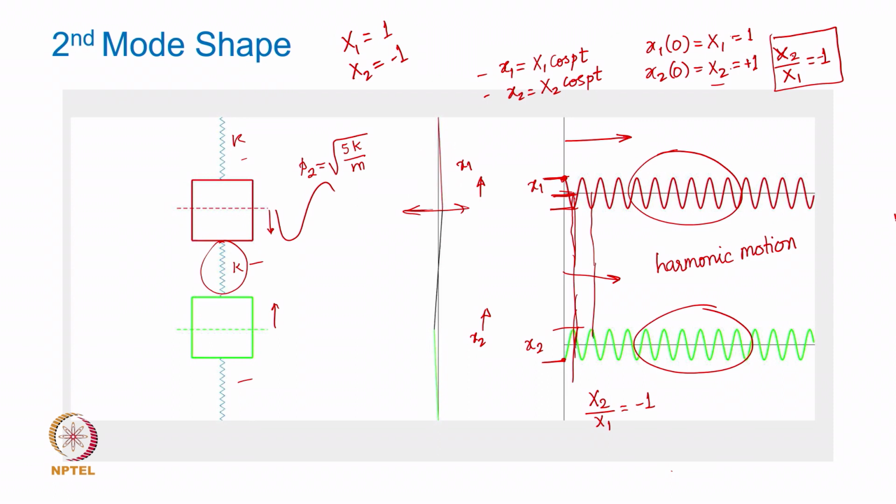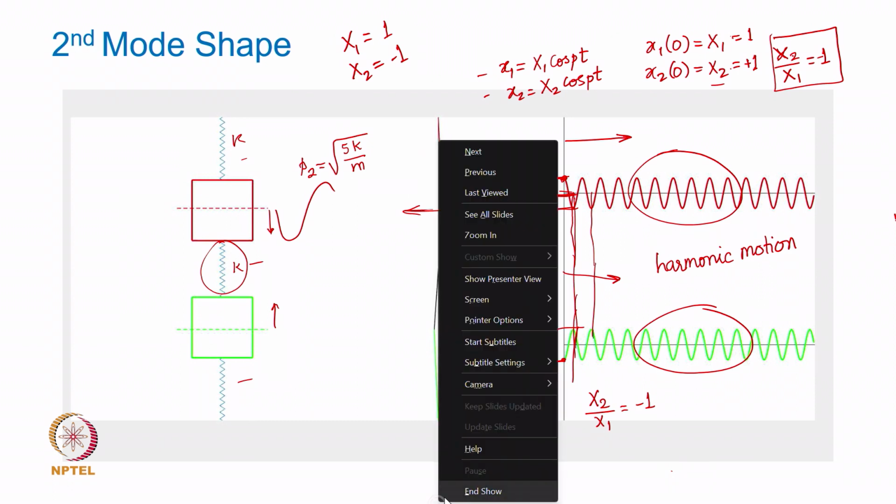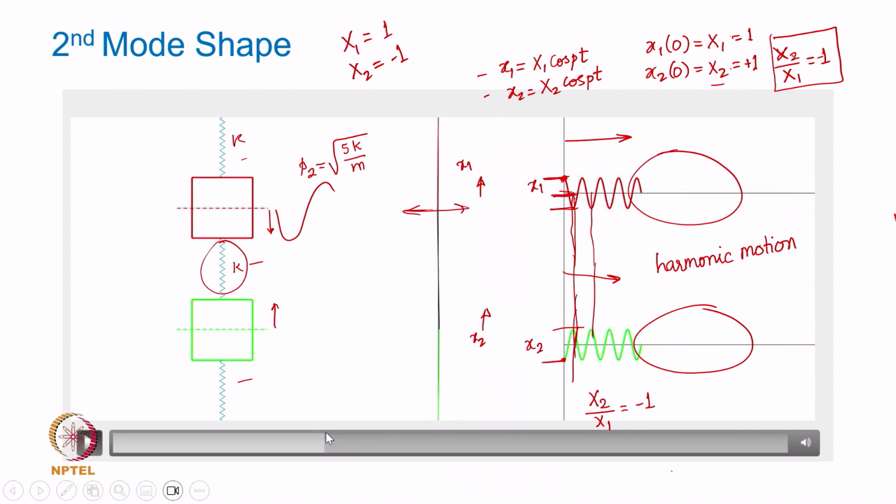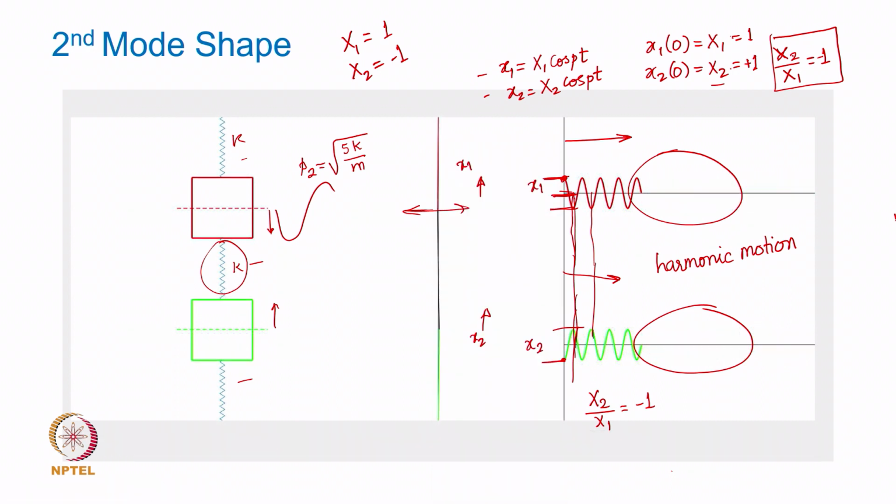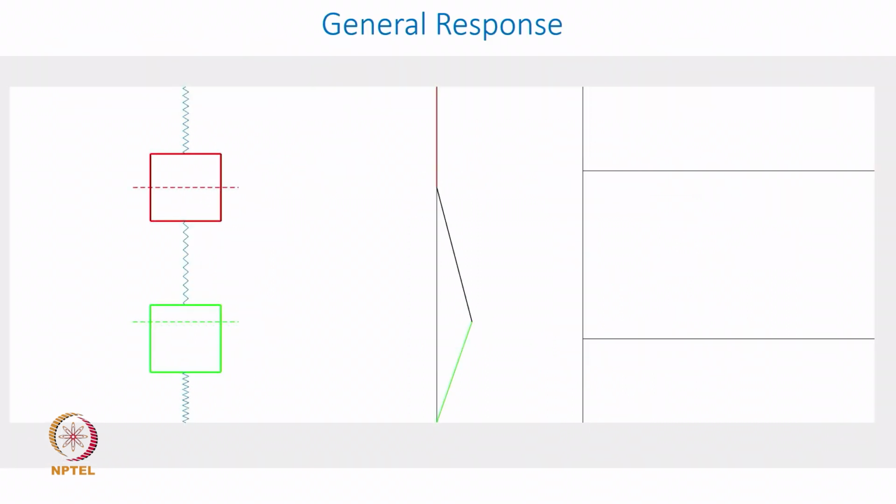So, what it actually turns out is that in a multi degree of freedom system, you can make the system vibrate at a particular natural frequency, provided you give them the initial excitation or initial disturbance maintaining the amplitude ratio or the mode shape, okay, in that particular frequency. We shall discuss this in a little more detail,